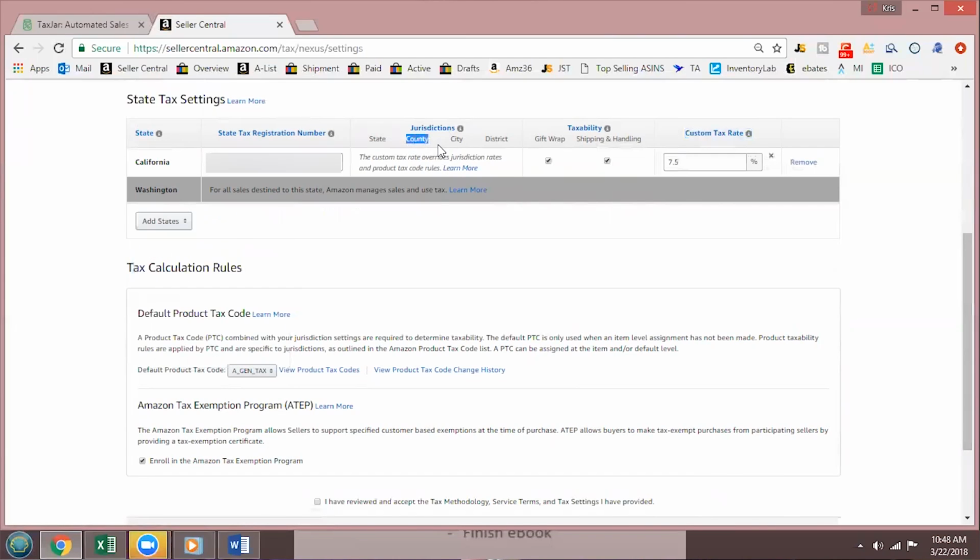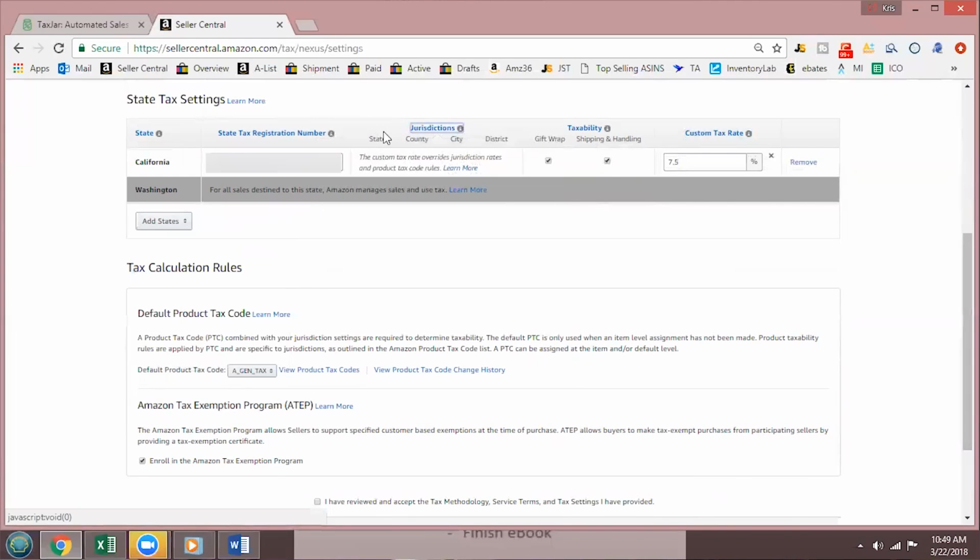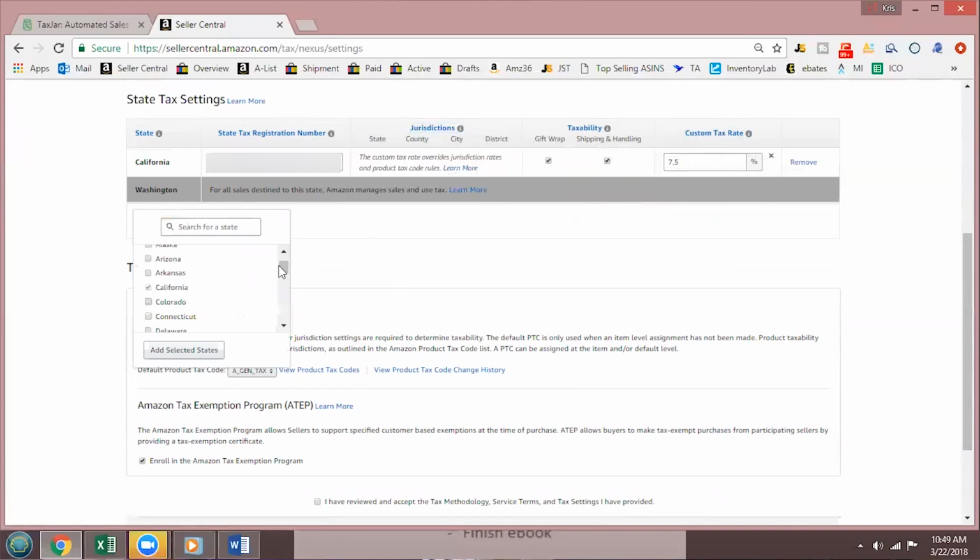Keep in mind, this is for the year 2018. This changes every year. That means if I sell anything to anyone in this county of Santa Barbara, I have to collect 8.25% on taxable goods. Once again, this is something you're going to want to reach out to your CPA about to know how much you need to collect. Now, if you notice, you see a bunch of other states here.